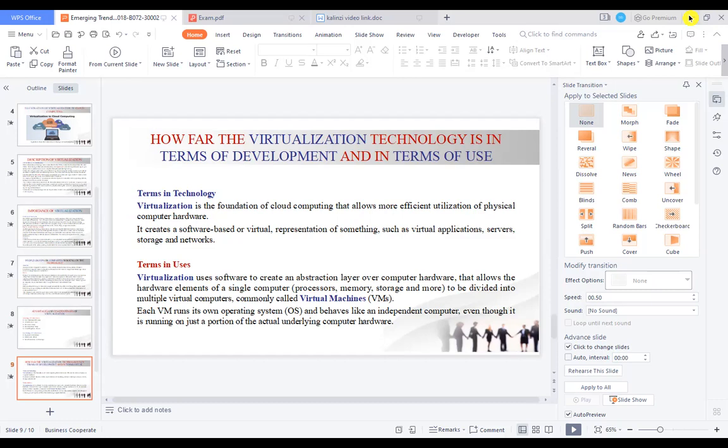So virtualization is enabled in different kinds of devices or hardware to help create software and run software over computer hardware.